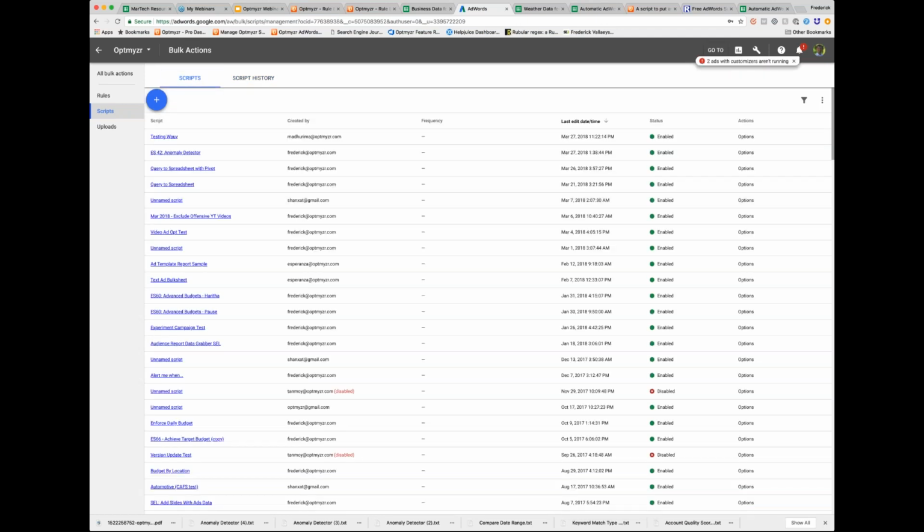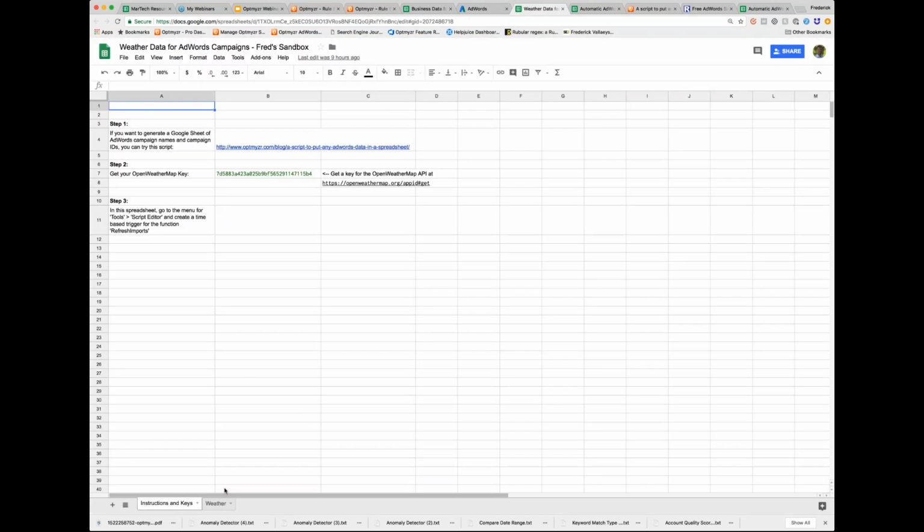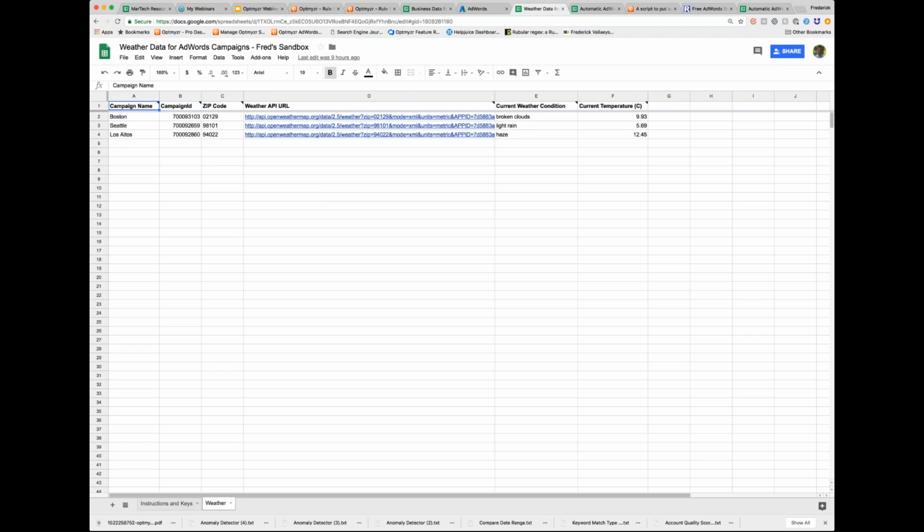Okay, so let me switch over now to a bidding by weather example. What we have here is, again, a Google spreadsheet. All of these examples I'm doing here today work because we bring in data from outside of AdWords through a Google spreadsheet. So I've taken those same campaigns from my previous example, but I've added a column which is the zip code. That step I've done manually. For Boston, my reference zip code in the Boston area is this one. For Los Altos, it's this zip code. And then using that,